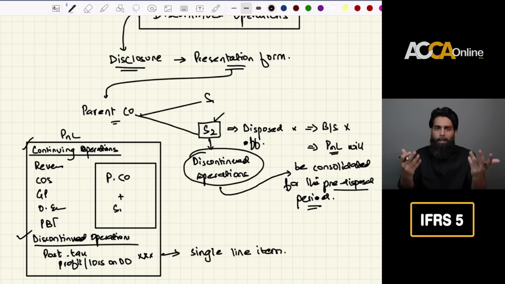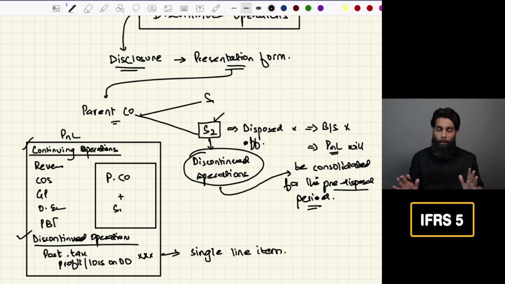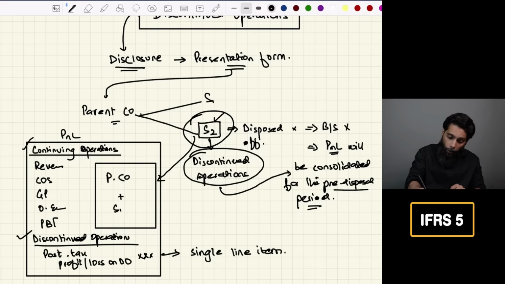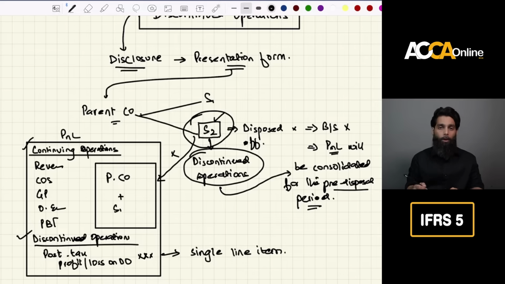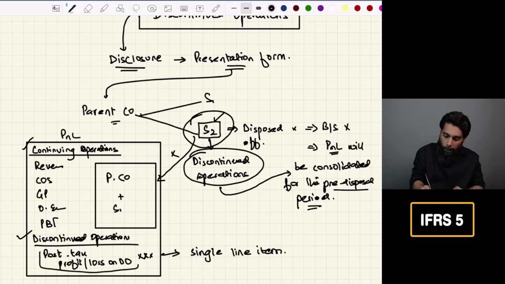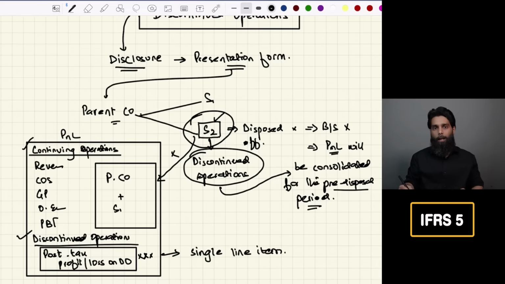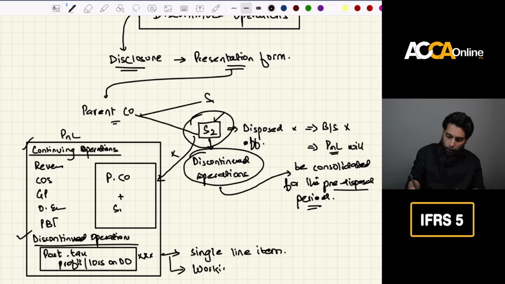For example, it can be 6 months, 8 months of consolidation, whatever. But if it represents a discontinued operation, you cannot consolidate S2 as part of continuing operation. That won't be allowed. Rather, you will be showing S2 not as a consolidation of the group, but you will be showing the post-tax profit or loss of discontinued operation as a separate line item in your P&L. And the working of this post-tax profit or loss can be shown within the disclosures of the financial statements being